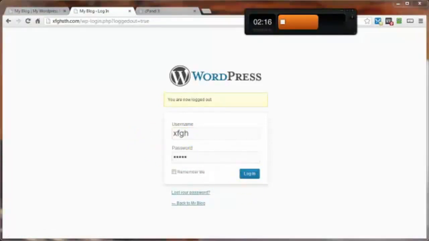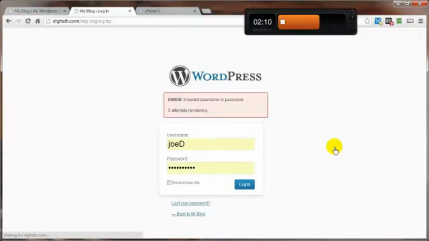And try this now. And there, you see you get this box that pops up, and you've got 3 more attempts before it really messes things up. So if you can't remember your administrator login credentials in 4 attempts, well, you probably ought to